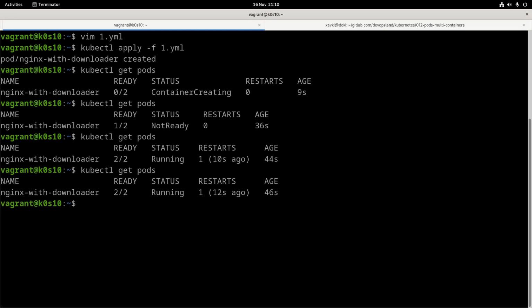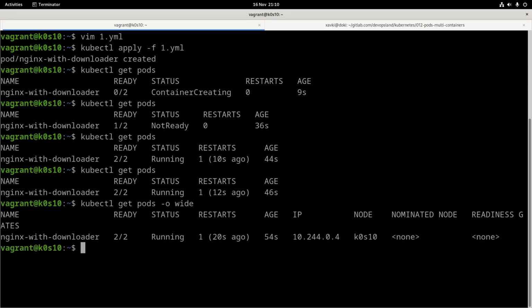Yes. So now we can just check if we have our IP for our pod. So this is not really an error, because the first container is completed. So the pod just failed due to that, but the main container, the Nginx, runs.